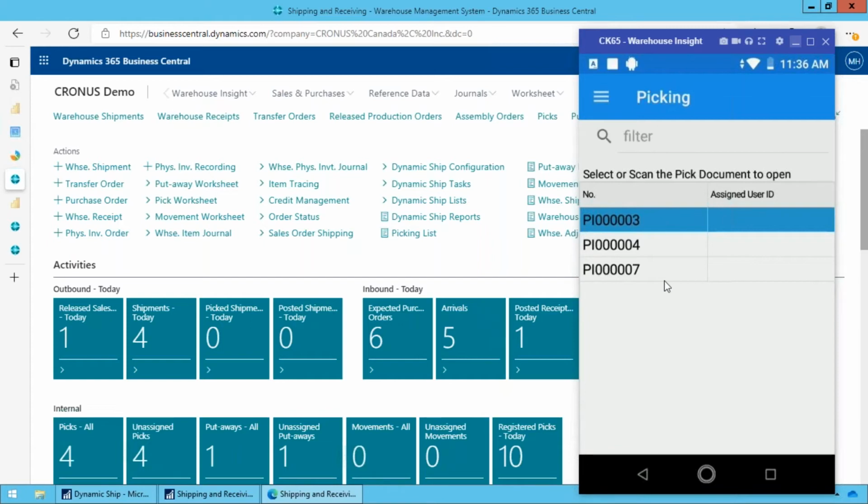In my case, they're pick tickets, but these could be sales orders and transfer orders instead. Most people still print a paper copy of the pick ticket for two reasons. Number one, hey, there's a piece of paper on the printer. It means I have work to do. So I grab that paper, I scan the barcode on it to open the pick on the handheld, and I